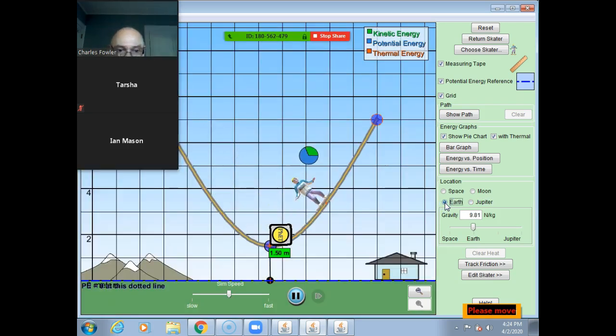Well, he's in the air anyway. So I think we've got all the settings done. You can play around with other things if you want to, but just record what you're doing. Okay, with the measuring tape, so you recorded the gravity. With the measuring tape, measure the distance between the potential energy reference and the highest point the skater reaches on